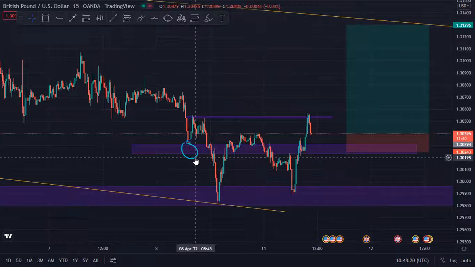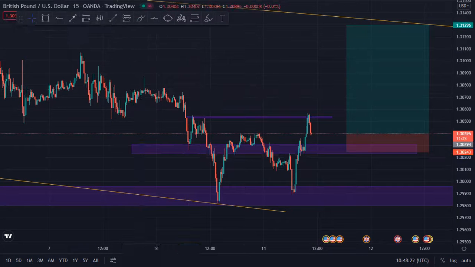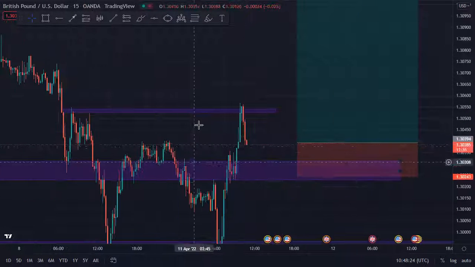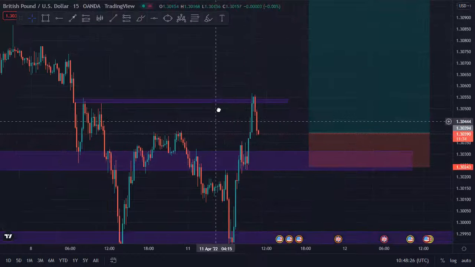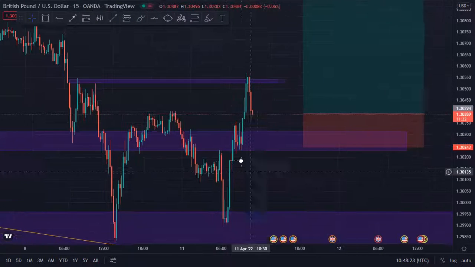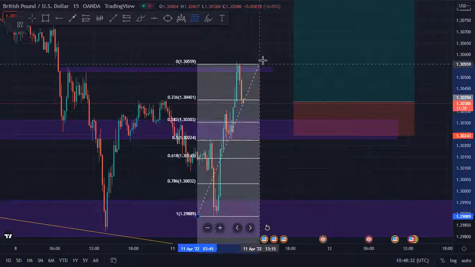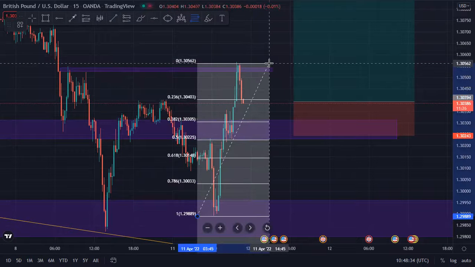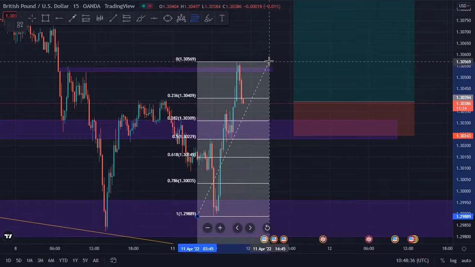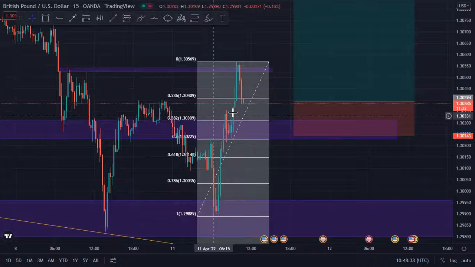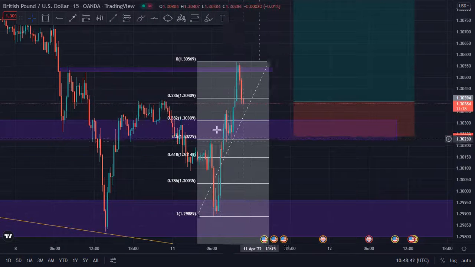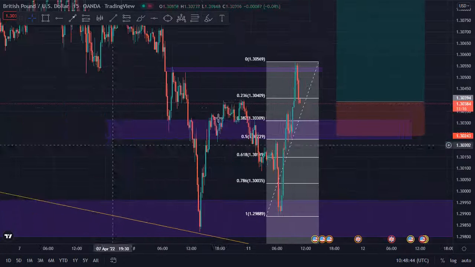You wait for the market to confirm to you that, okay, this is what's going to happen. And you can see the market is impulsing to the downside right now. Sometimes some people use Fibonacci retracements and things like that, but I don't usually use them. As you can see, this is a key area. This is the 0.382 and the 0.5 area, which confirms my